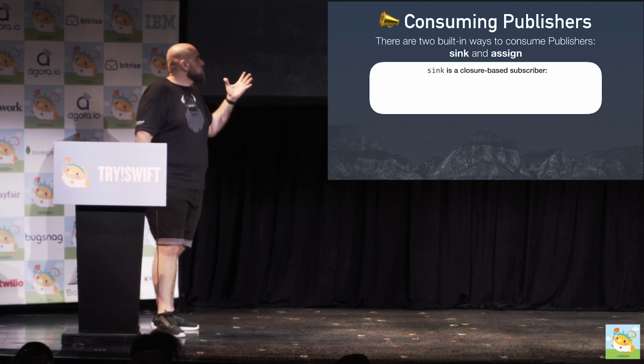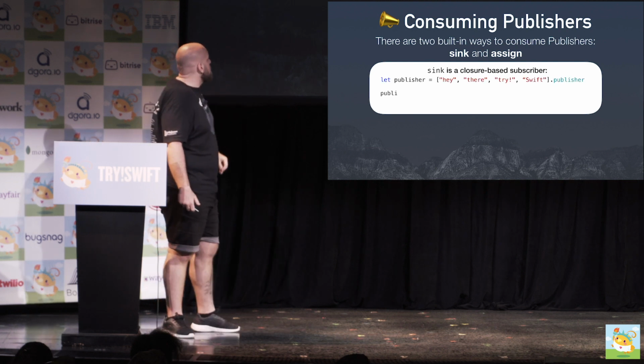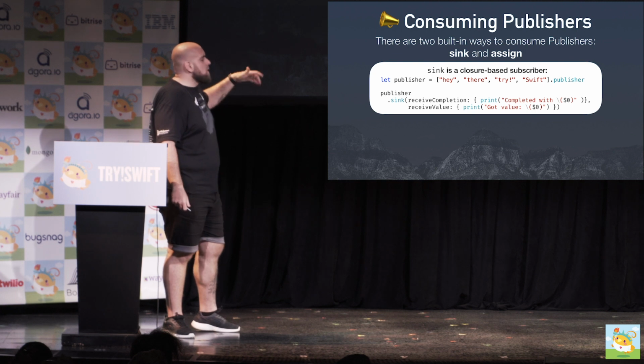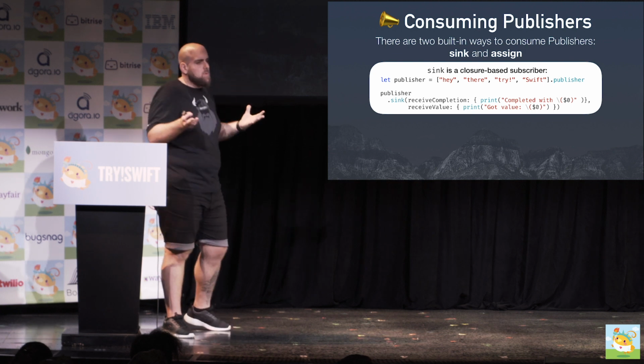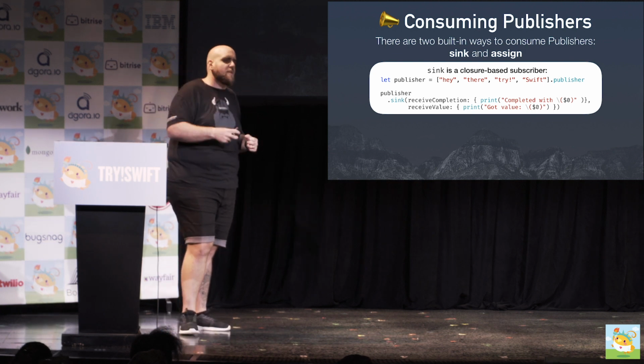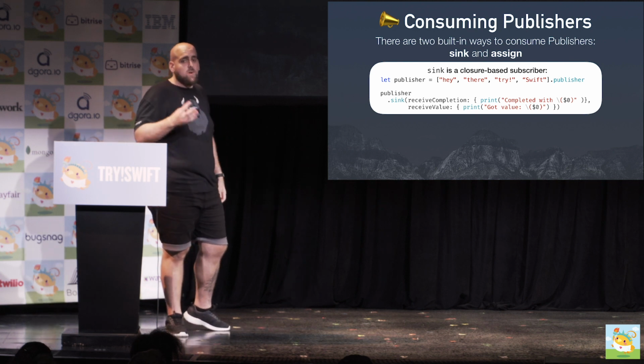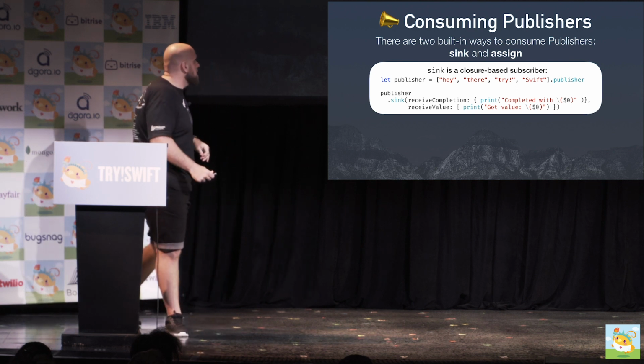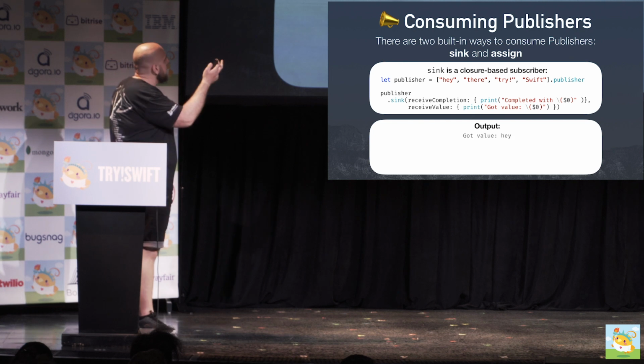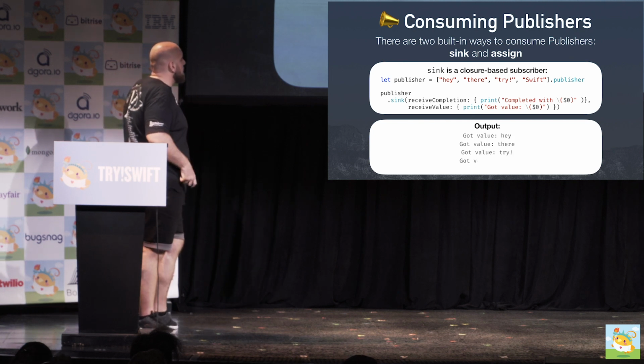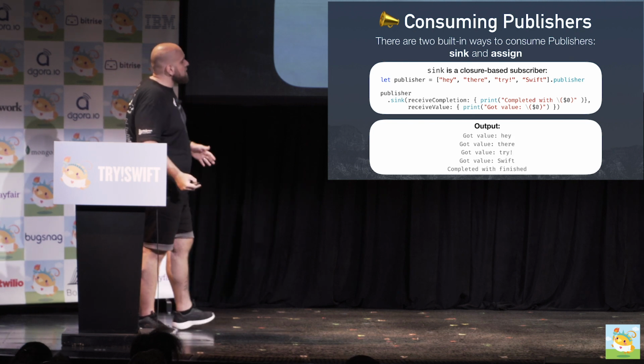Sink is a closure-based subscriber. You just provide it two closures, one for values and one for completion event, and then you can do whatever you want with these events as they come. You can update your UI, you can print it out, you can do whatever as you subscribe to it. In this case, I'm just printing, hey, there, try, Swift, and eventually a regular completion event because there was no